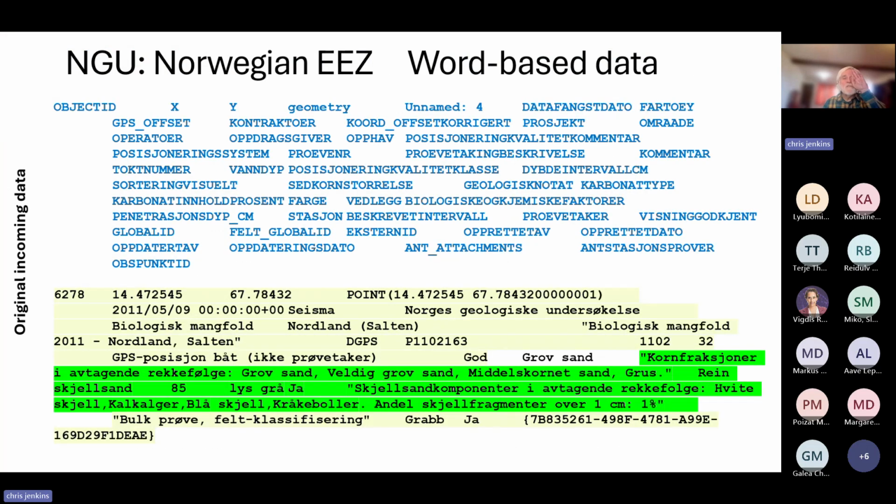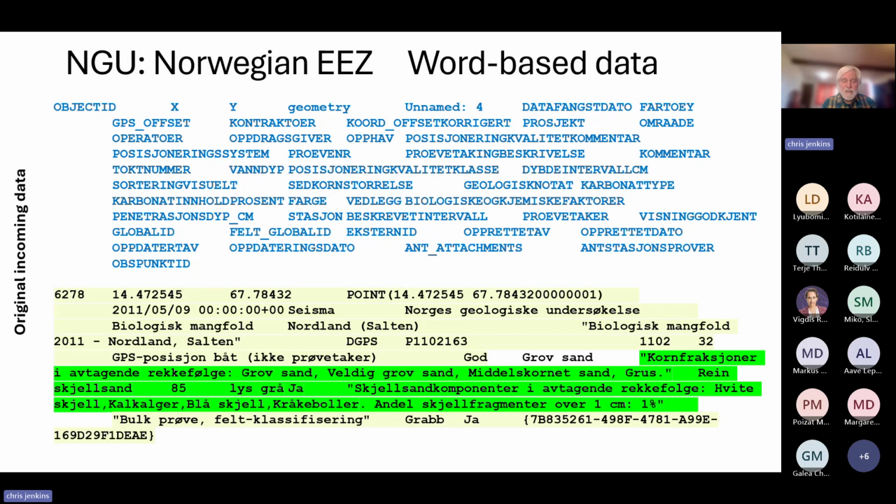Okay, so let's dig into the NGU data set. It was big, and it's complex. Many parameters in the original table. And the first step is to divide them into what I call housekeeping parameters like position and quality flags, naming, database keys, and so on.